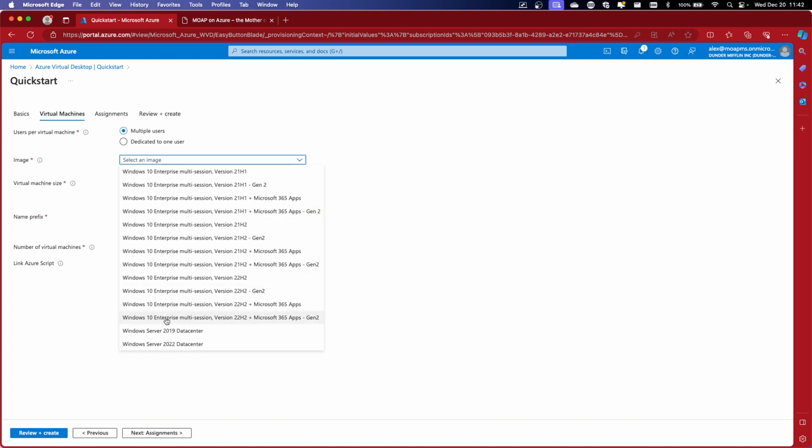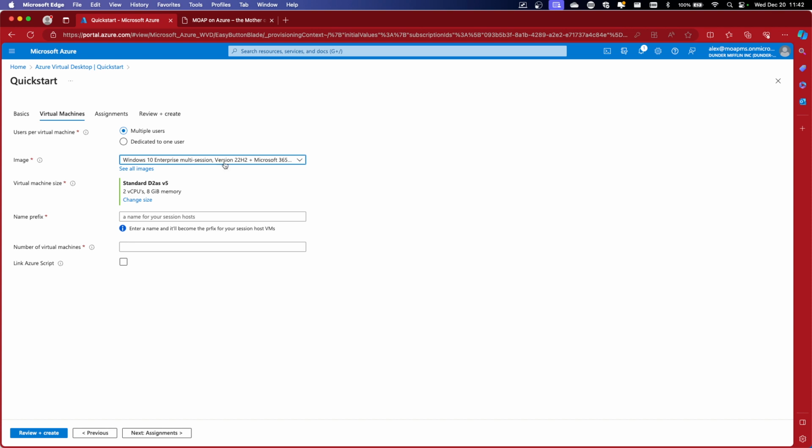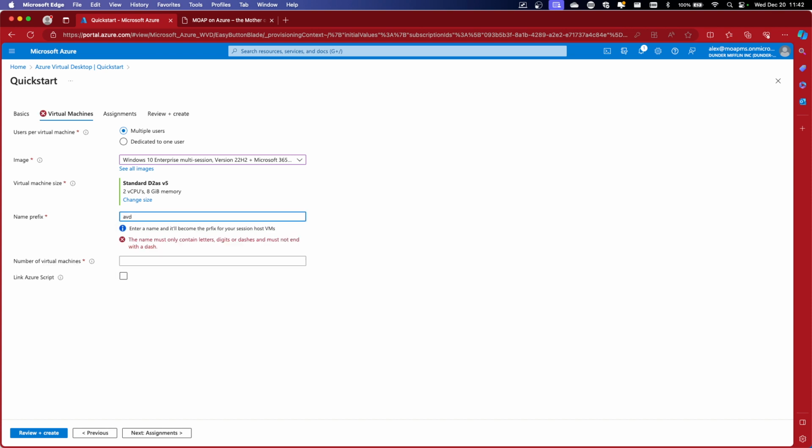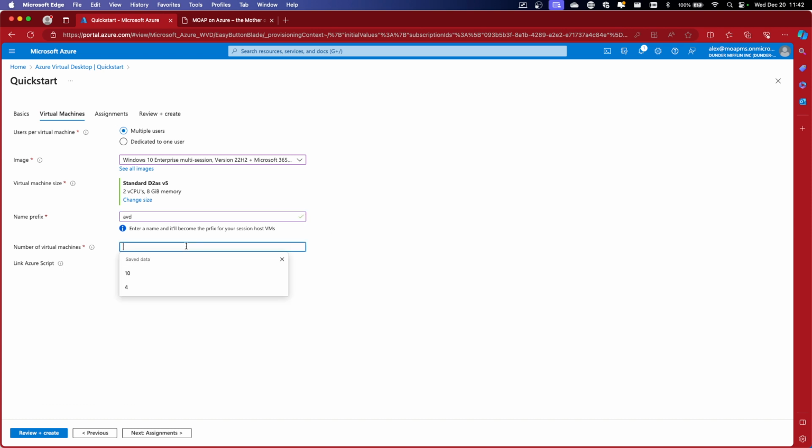I'm going to choose this one here that contains the latest updates for Windows 10, and it contains the Microsoft 365 applications, the virtual machine image size, and the virtual machine name prefix. So I can, for example, say, hey, I'm going to do my AVD dash or my AVD host pool. I want to create two virtual machines here. I may want to link an extra script if I want to, but for now I'm going to leave the